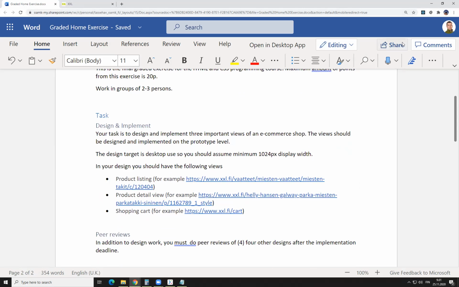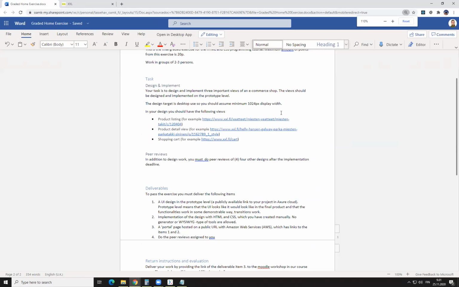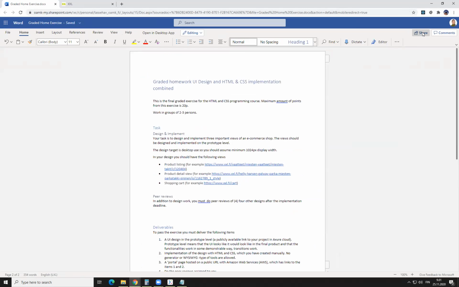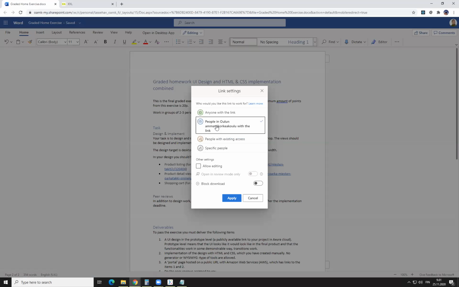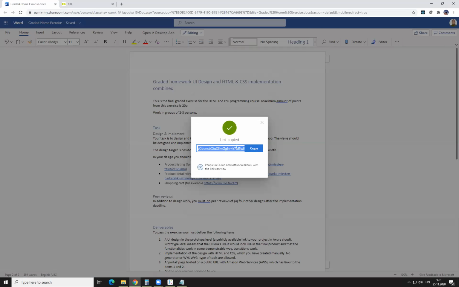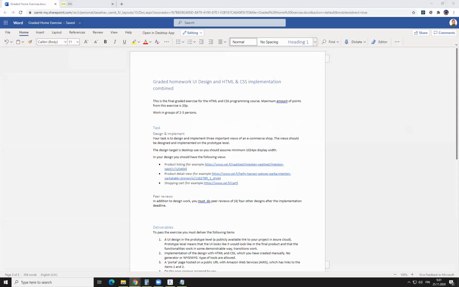What should be done? This is not yet in the Moodle. I will put the link here to the Zoom chat, so you can access this now immediately. And then we will have the break. Okay, now the link to this exercise instruction is in the chat. I will put it in the Moodle later on. So we will have a break. Then after that, we will see